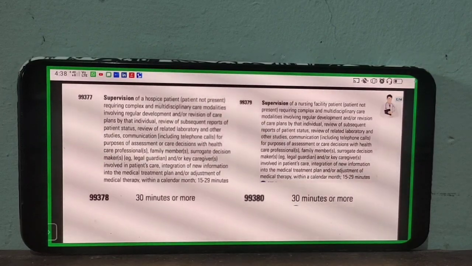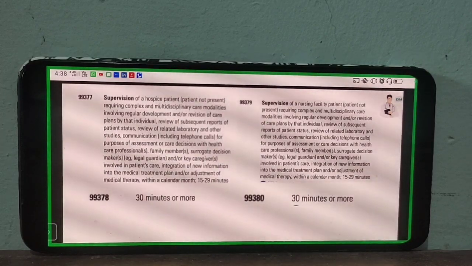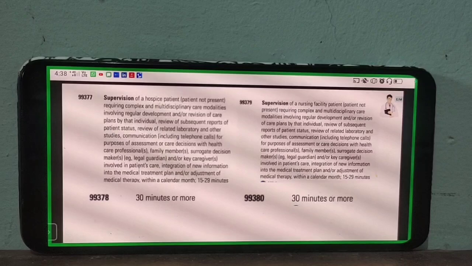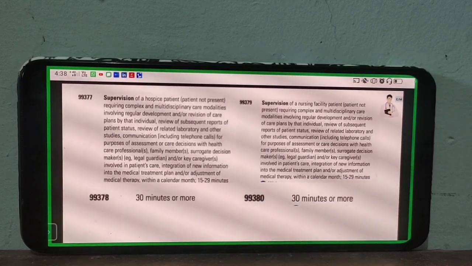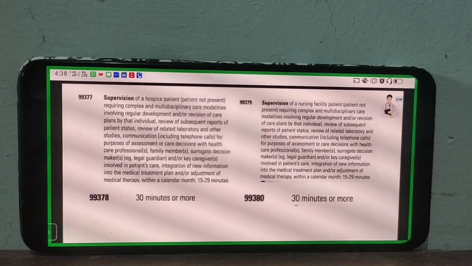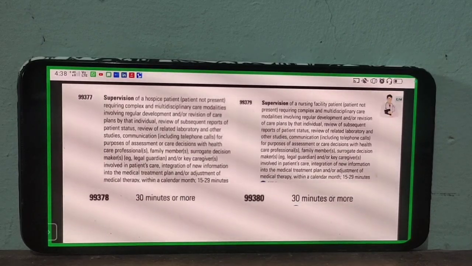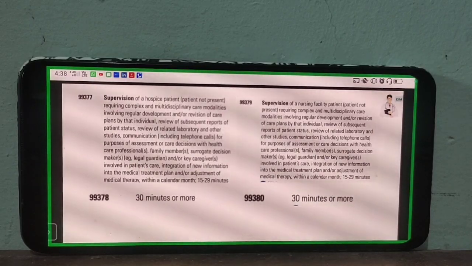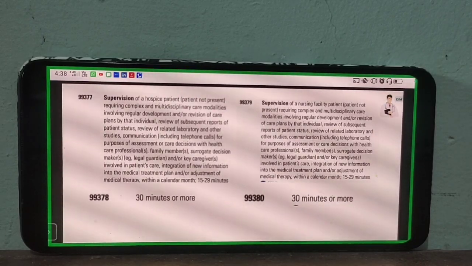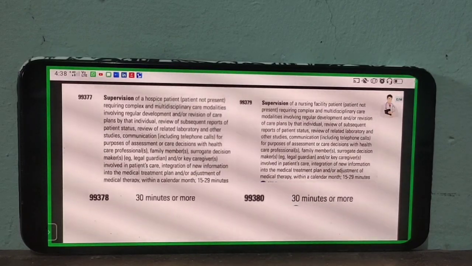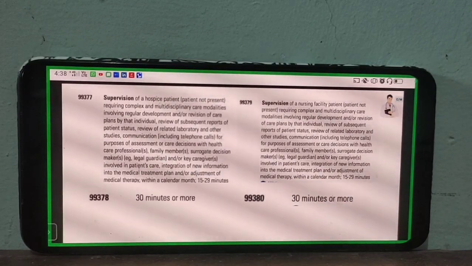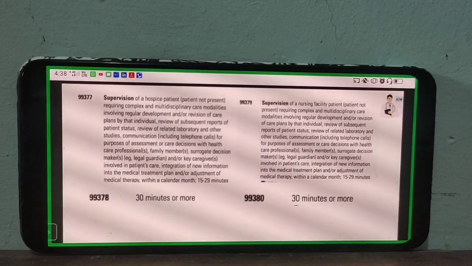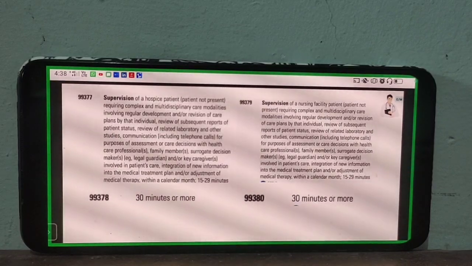In that center, they take care of the patient for a few hours or a few days. In the above code, the trained professional comes to the patient's home and stays in the home and takes care of the patient. But in that 99377 and 99378,